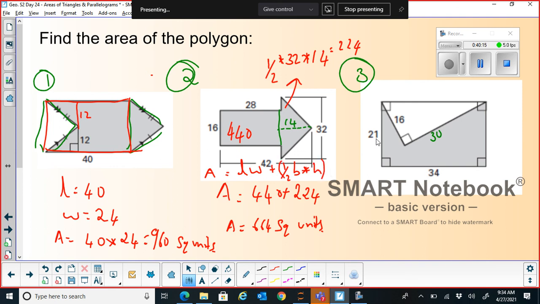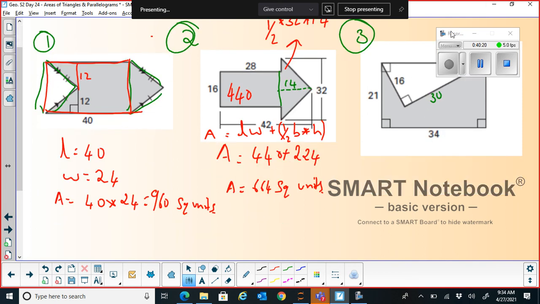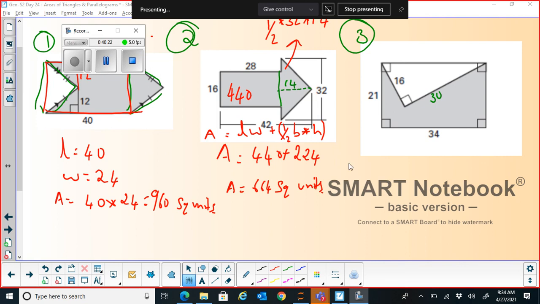Okay. On this one, it's area of rectangle minus area of triangle. For this particular problem, it is nothing but the shaded area. And whenever I say the shaded area here, it is nothing but the area of the rectangle, which is length times width, minus the area of the triangle, which is half of base times height. Here the length times width is 34 times 21, which is 714,